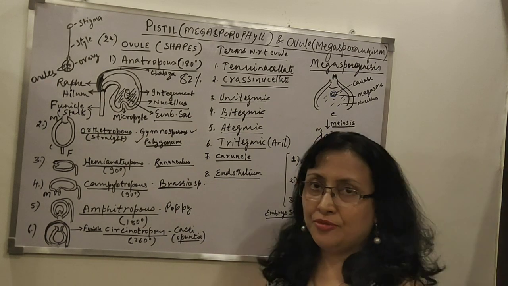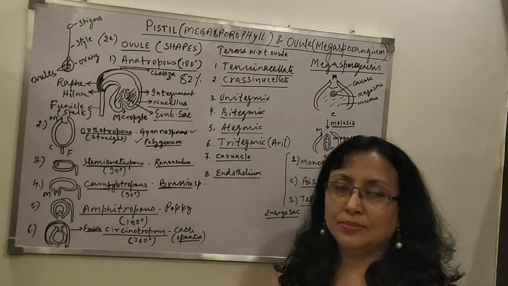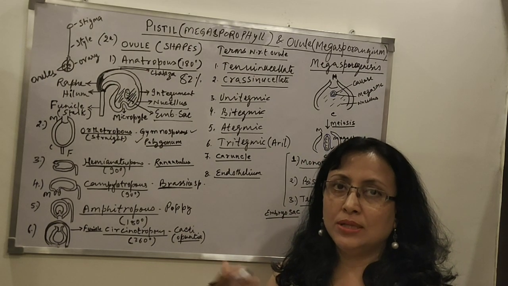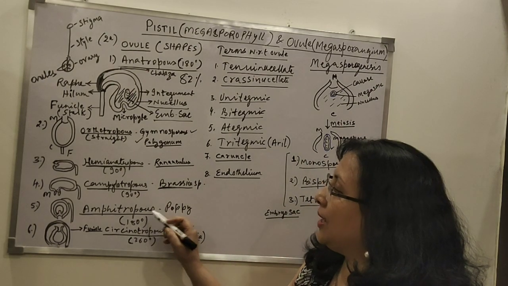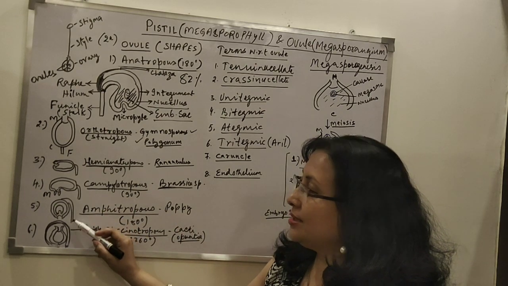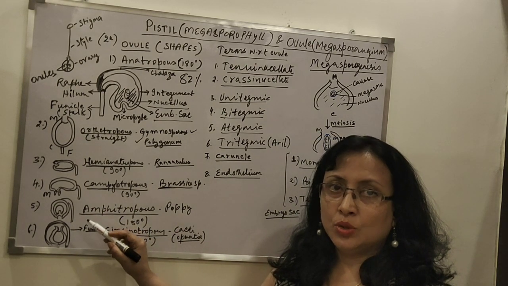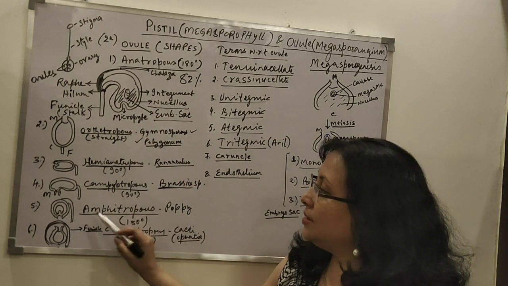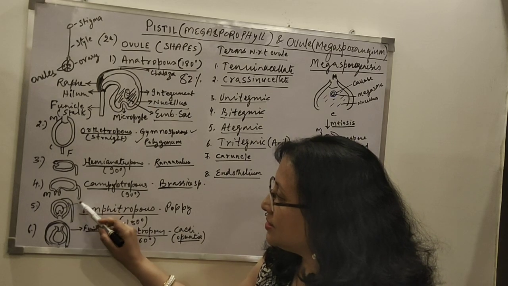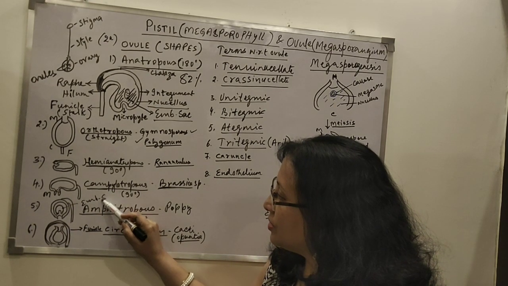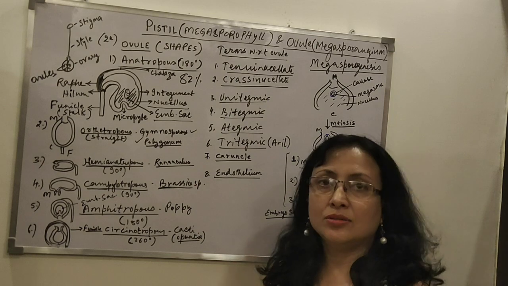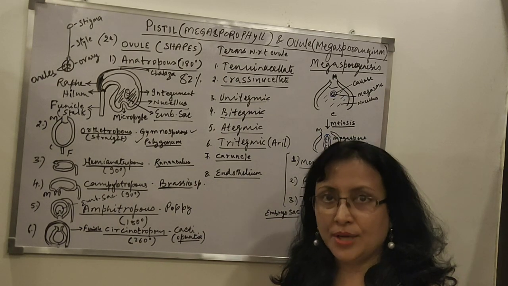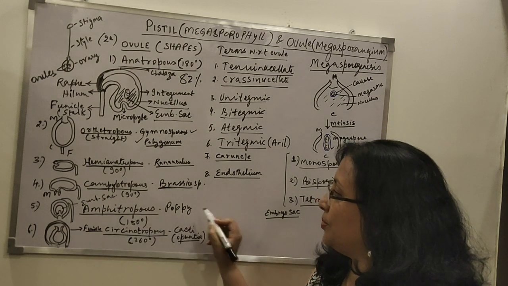The next one, amphi. Now the word amphi, many times we come across, it means that it is both or two. Anything to do with dual, both, two is amphi. Now amphitropous here, interestingly, is again a 180 degree curved ovule, just like anatropous. But here we find even the inside, this is the embryo sac. Basically, I have drawn inside is the embryo sac, and the embryo sac is also curved and it's said to be horseshoe shaped. The embryo sac is horseshoe shaped. So this is found in poppy.